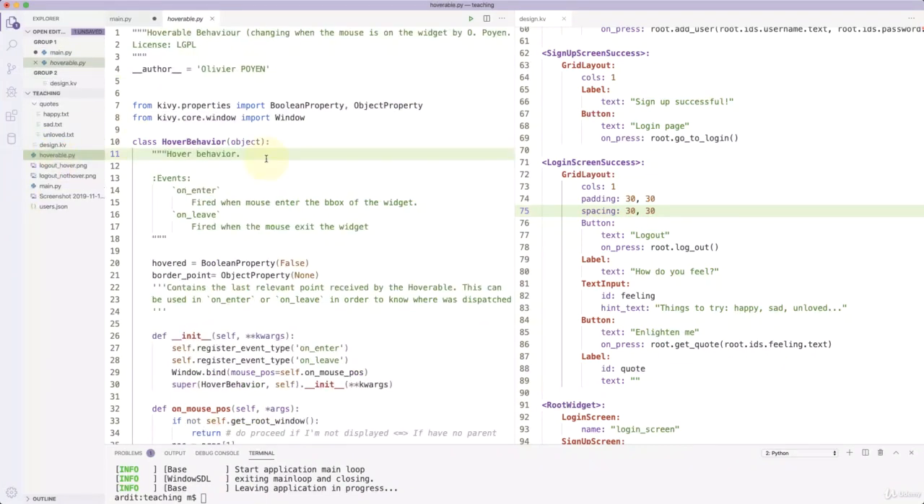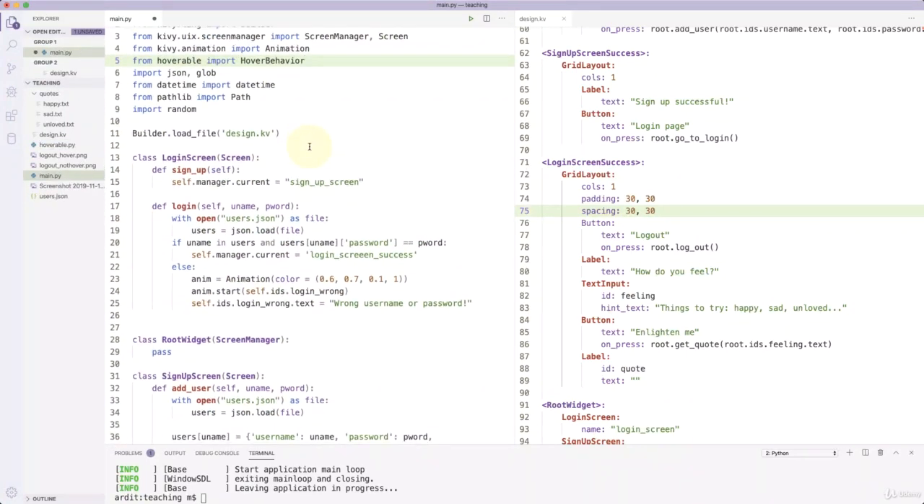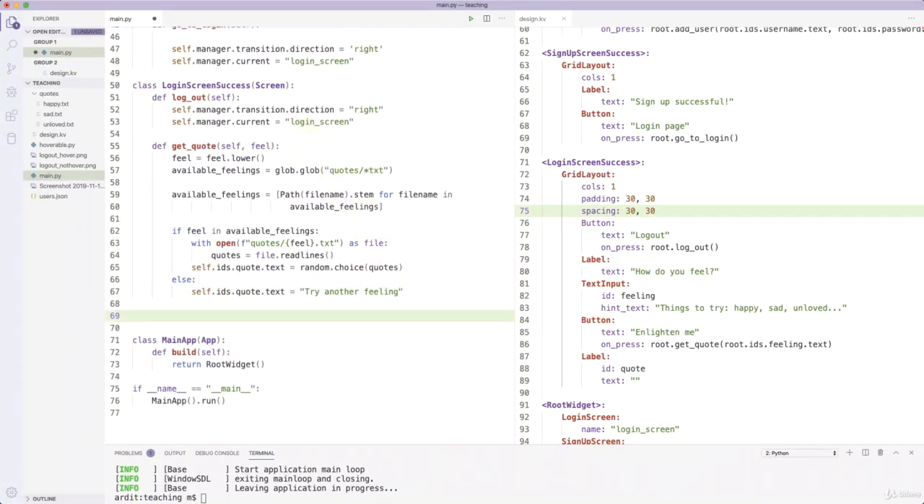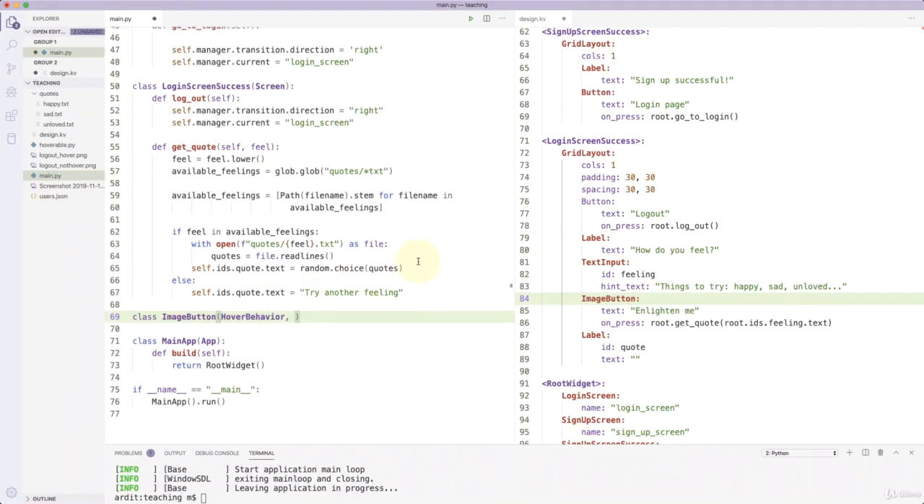So that is a class, the class HoverBehavior inside the hoverable.py file. So that's what we're going to use. And the way we are going to use that is, let's go down here, and I'm going to create a class and call it ImageButton. So this will be a special button. It's not going to be a simple button anymore, but it's going to be an image button. And this image button is going to inherit from the HoverBehavior class and a couple of other classes as well, which I'm going to